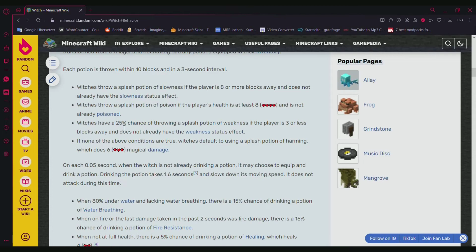But that also means that she will throw more harming potions out of the times than the actual weakness potions we want. So it's pretty dangerous, and the splash potion of poison takes you down to half a heart, so I wouldn't recommend doing it in hardcore, in any hardcore modes. But if you can respawn, you're in survival and have nothing to lose, this should probably work with the design